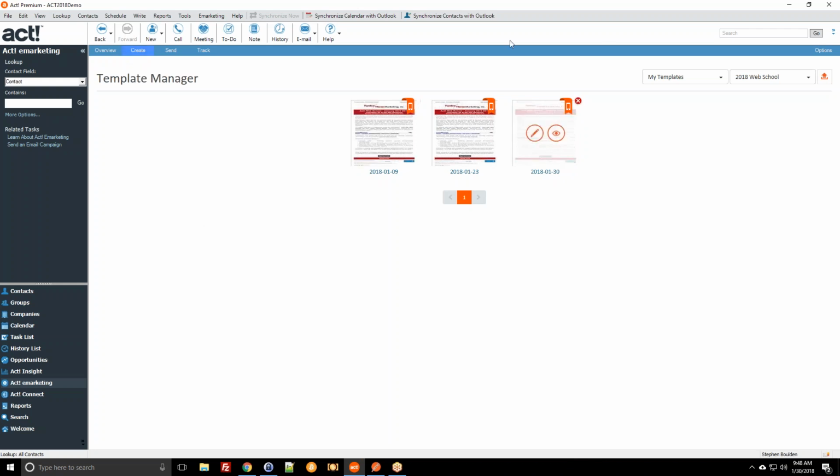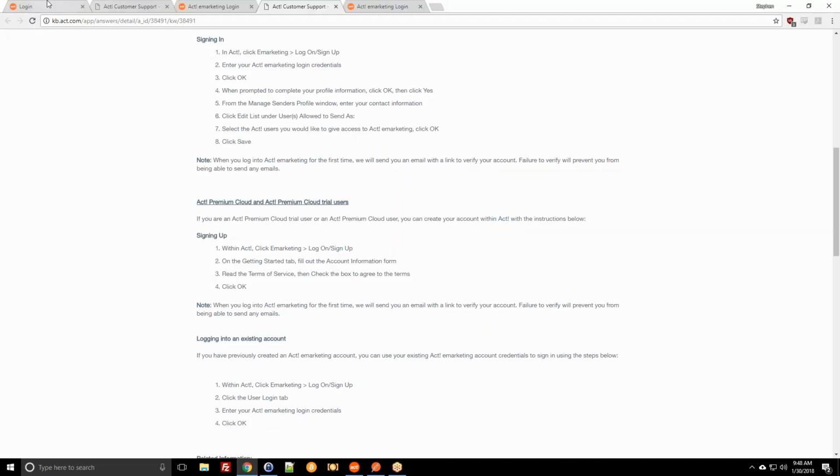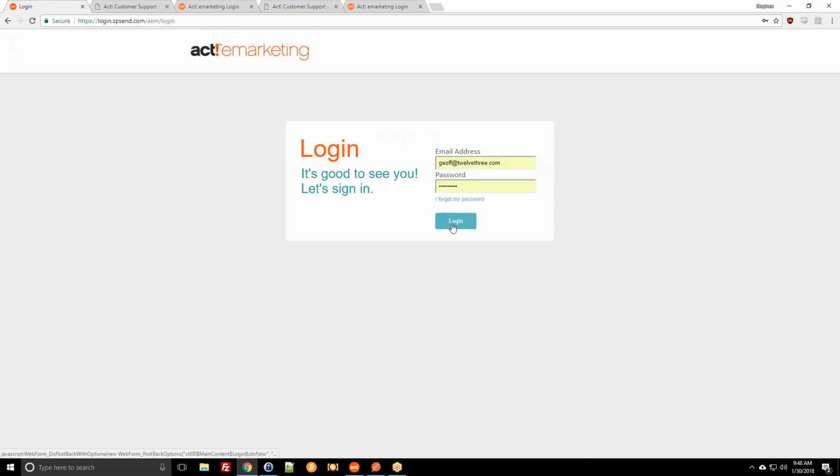You might see a panel with 6 different options displayed, and Create will kind of be a box within those 6 options with a hyperlink on it. If you press Create, what it will do is launch a web browser. It will automatically log you into your ACT eMarketing account, and you'll see the template builder within your preferred web